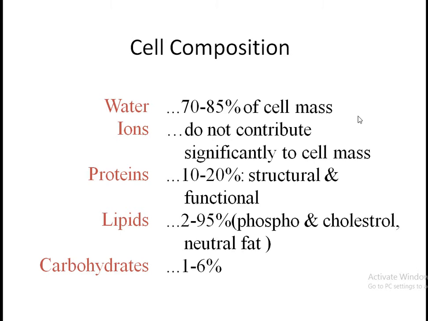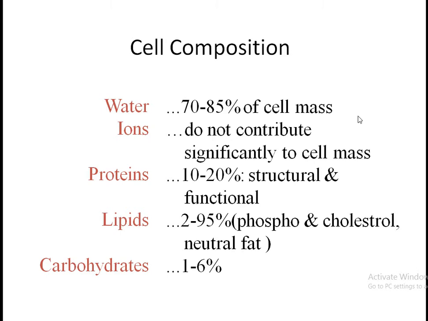Then come the different types of ions. These ions may be potassium, magnesium, phosphate, sulfate, carbonate, or smaller quantities of sodium, chloride and calcium. These ions are meant to provide inorganic chemicals for cellular reactions. On the other hand, they are also necessary for operation of some of the cellular control mechanisms.